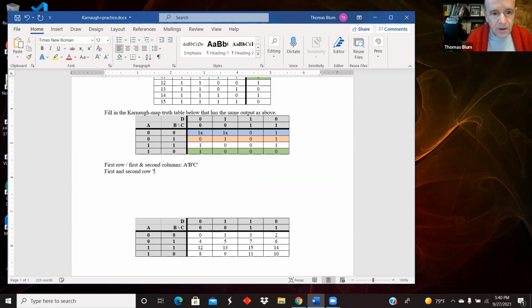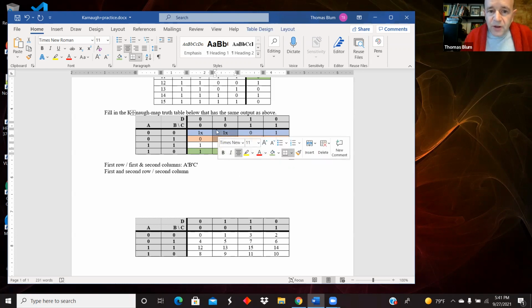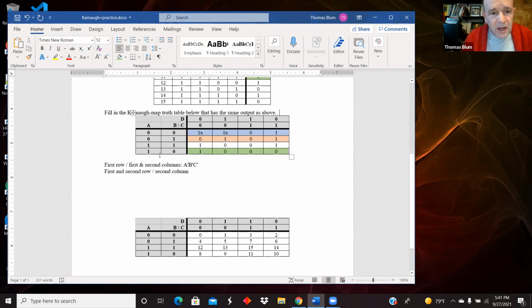And which column? The second column. So it seems on this one, we're going to have all pairs, and you're only going to get rid of one letter. Okay. So there we have this pair, and the A input